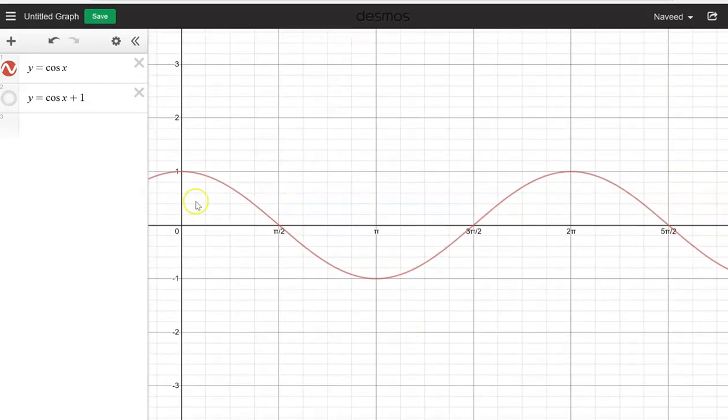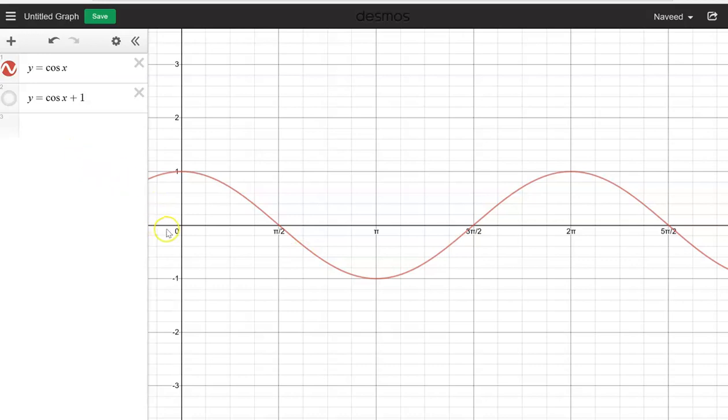Well, what will happen is that every single coordinate on the original cos function, the y value of that will go up by 1. Everything will go up by 1. Now everything goes up by 1, and then what I need you to notice is the midline now will be